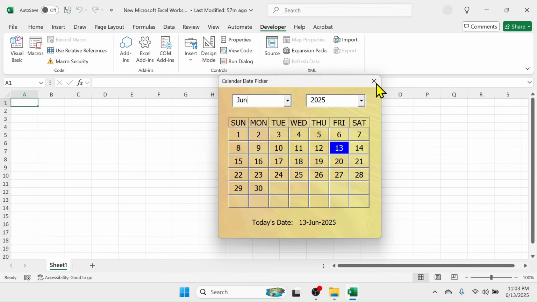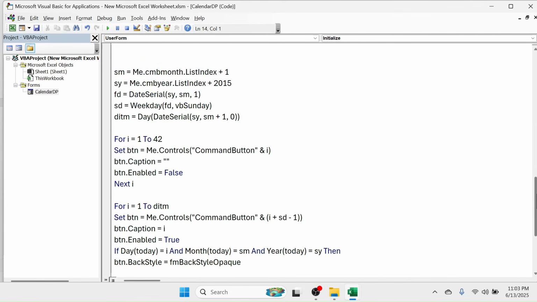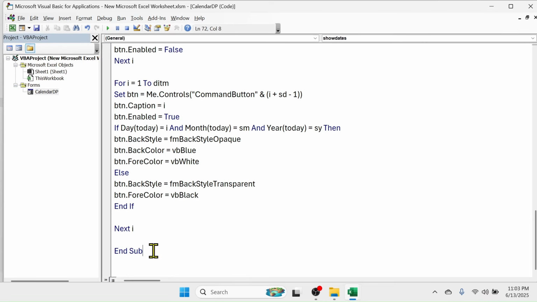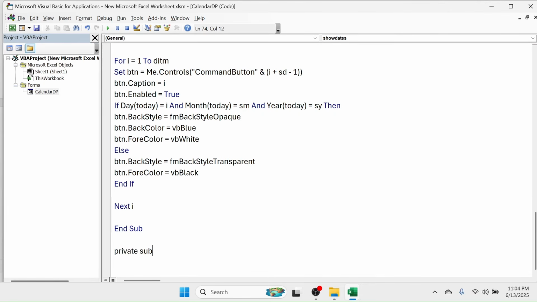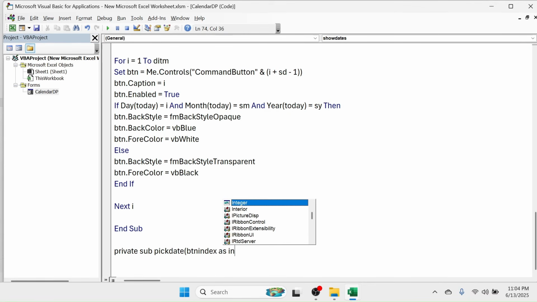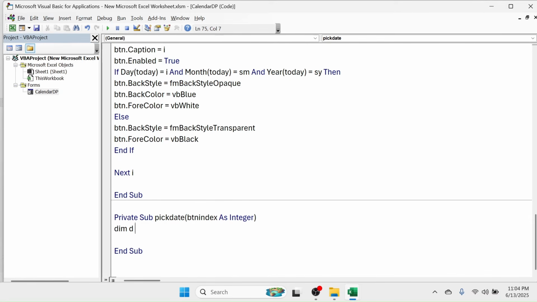For that, let me close this, double click on the user form, and here I need to create a new sub procedure, that is the PickDate procedure. So put here Private Sub PickDate, bracket open, then ButtonIndex As Integer, press enter. Declare the variable Dim d As Integer. Set up the value for the d variable, that is d equal to Value, bracket open,